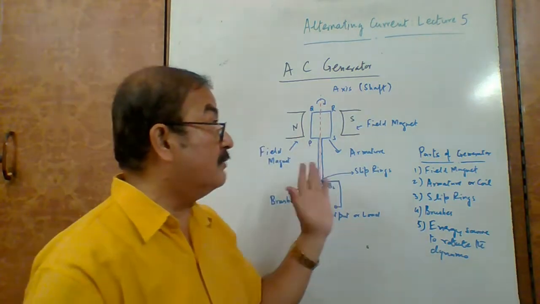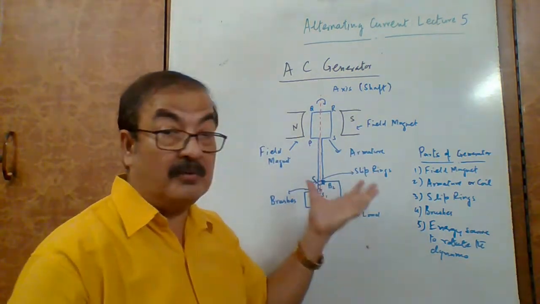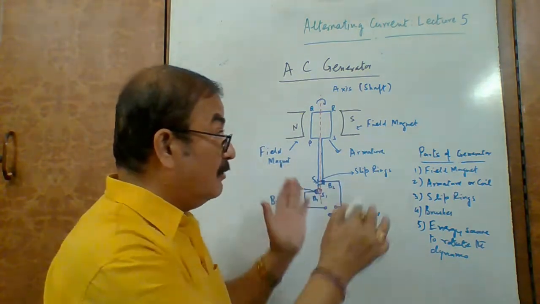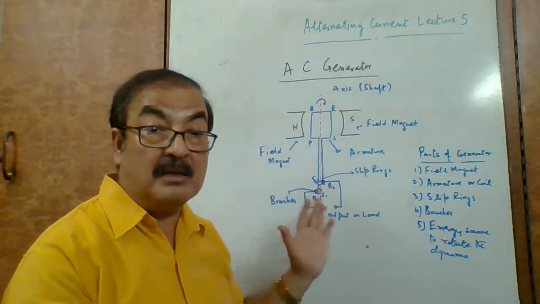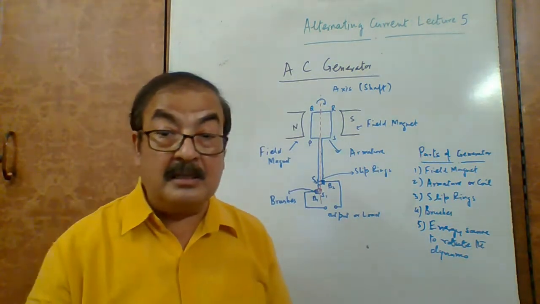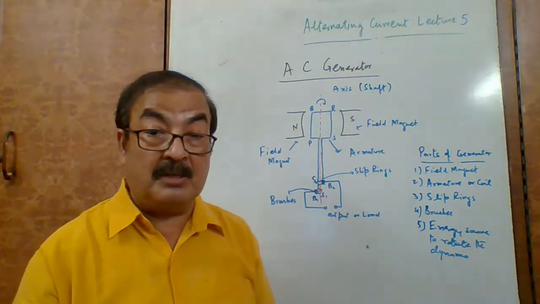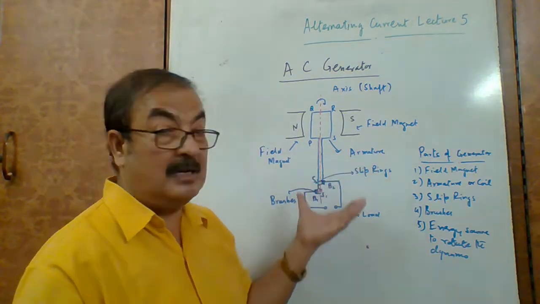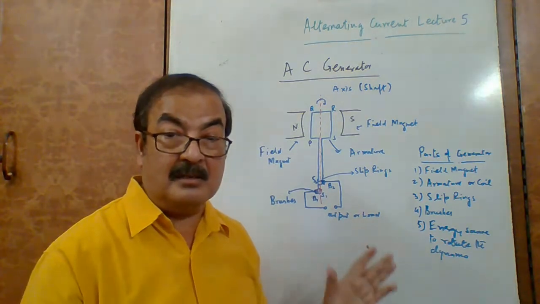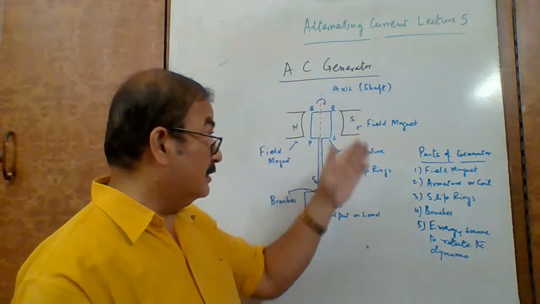This is what we have: the effect, what is the discovery, what is the main thing about the army, what is the main thing about the AC generator. Remember, the construction is never asked in the examination, but there may be some schematic diagram. This is a very simple two-dimensional diagram. You can very easily learn this. And this is the labeled diagram.